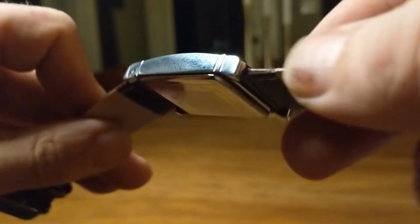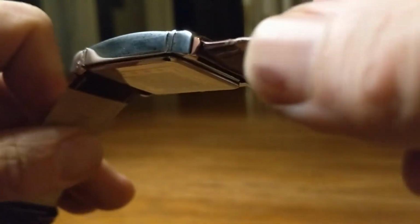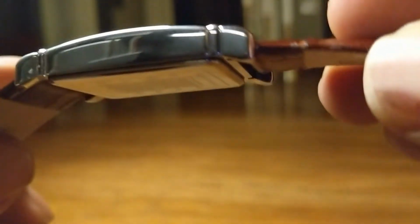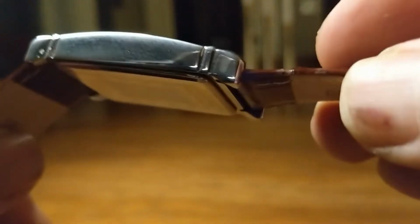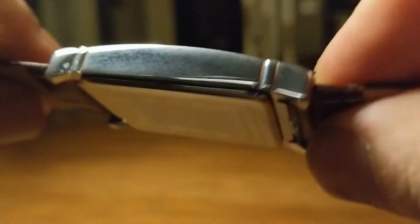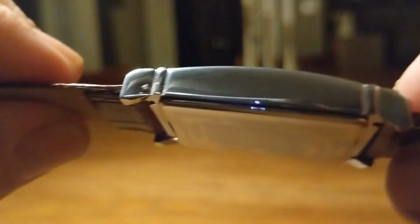That's pretty cool. Alright, let's look at the sides of the case and the lugs. We see that the lugs don't really angle down at all. They're just kind of a rounded square there. And yeah, this is really difficult to keep smudges off of it. I just wiped it down and there's still markings on there, so sorry about...